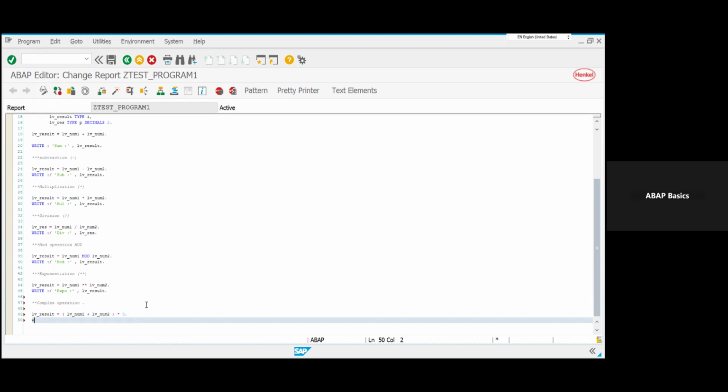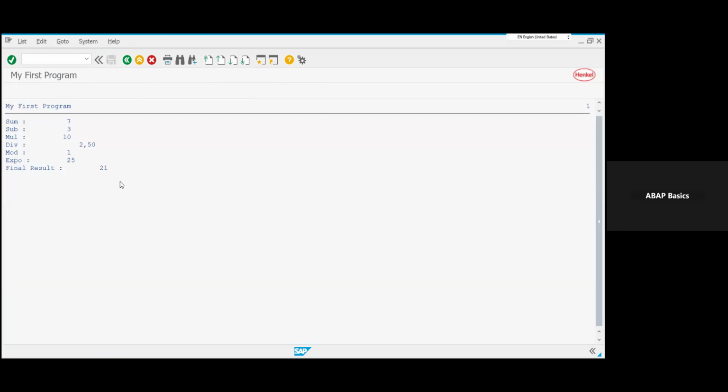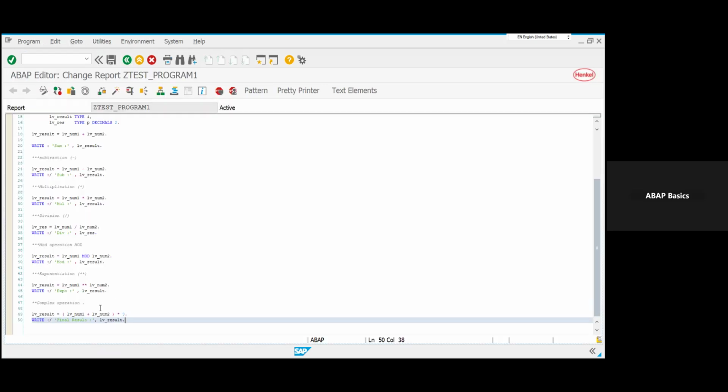I'll just write final result, and then LV result. Ready printer, check, activate, and then execute. Yeah, here the final result is 21. It is first doing the summation, and then after that it is multiplying the result with 3. So 7 into 3, it is 21. So that's all about the arithmetic